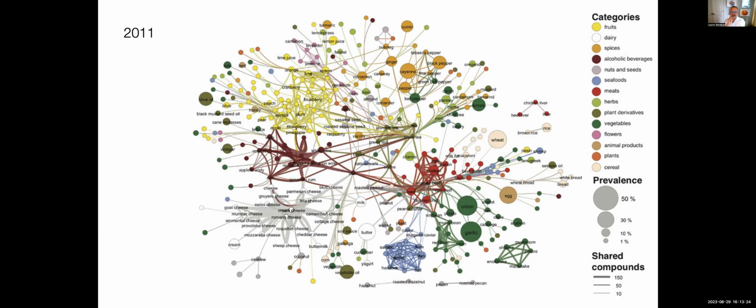Why did we map this network out back then? We mapped it out because there was a hypothesis in molecular cuisine that ingredients taste well together if they share flavor chemicals. So molecular cuisine imagines that cooking is a little bit like putting together the interior plan of a house or dressing up, where you use the same colors over and over, with a touch of other colors, to create a harmony.